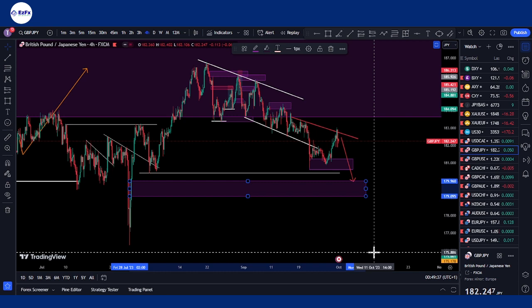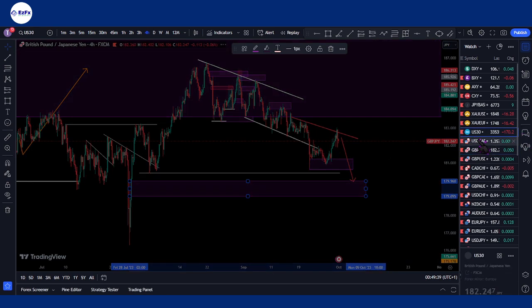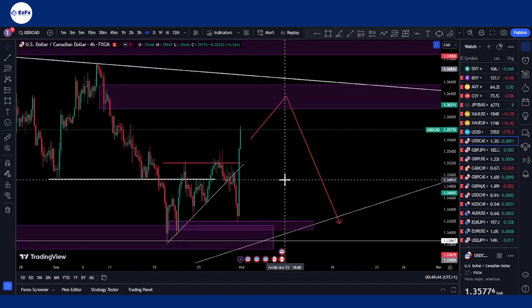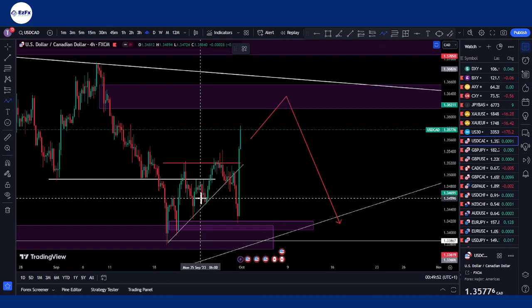179.075. All right, so we've done GBP USD, we've done GBP JPY. Quickly, let's look at USD CAD. Now, our bias for USD CAD was also to have a sell to buy. Was it a sell to buy or buy to sell? Let me check. I think what we were expecting, remember, this was during the course of the week.